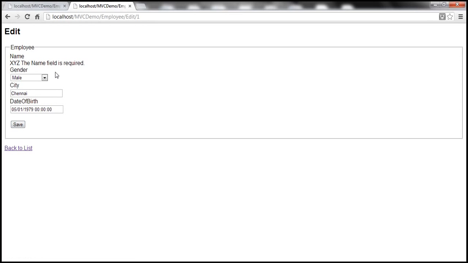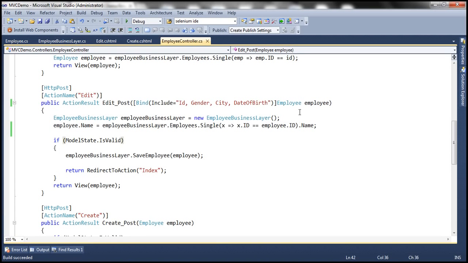Look at that, it says the name field is required. Why is that? That's because the default ASP.NET MVC model binder is only going to bind ID, gender, city, and date of birth from the posted form values. It's not going to update name property. So when it gets to this line, model state.isValid, it's going to check, okay, I didn't bind name property to